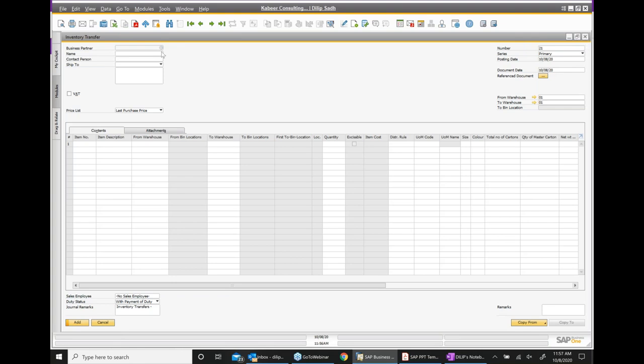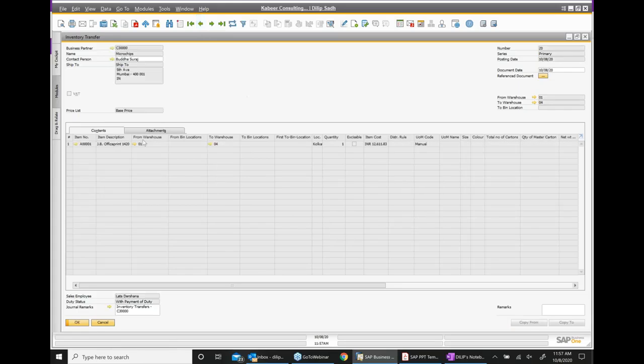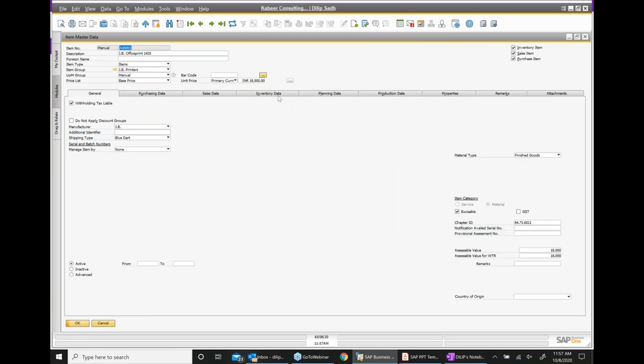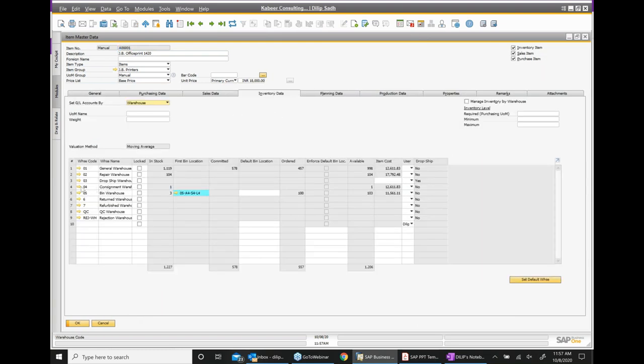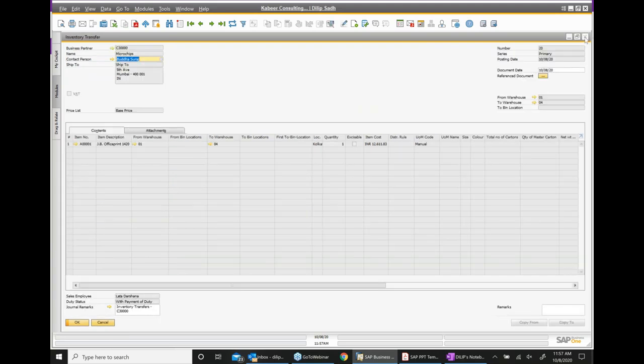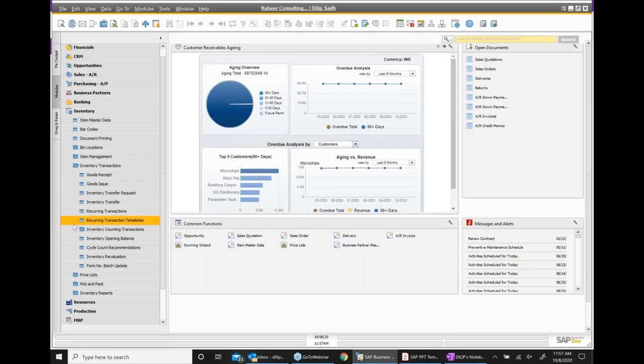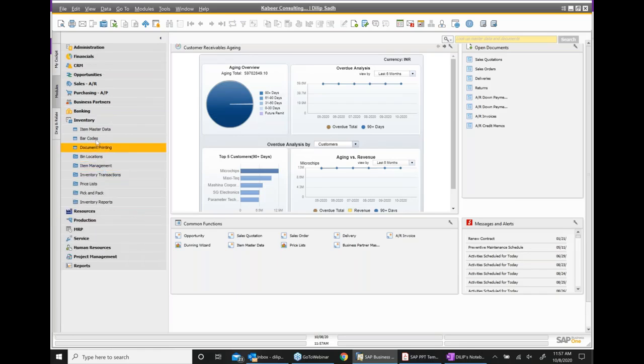And after that, if I go back and check the inventory, now in the consignment I have one quantity. Now I have one piece in the consignment. And after that, we go to